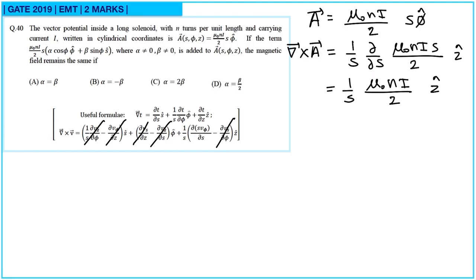Here we also have the s multiplication, so that also we have to consider. So this will be s square, so that will be 2 into s. So this s and 2s will cancel out, so this will be mu naught n I into z cap. That is the curl of A in the first case. Now even after adding this term it has to be the same, so we will do this. So the curl of A for the second case will be,